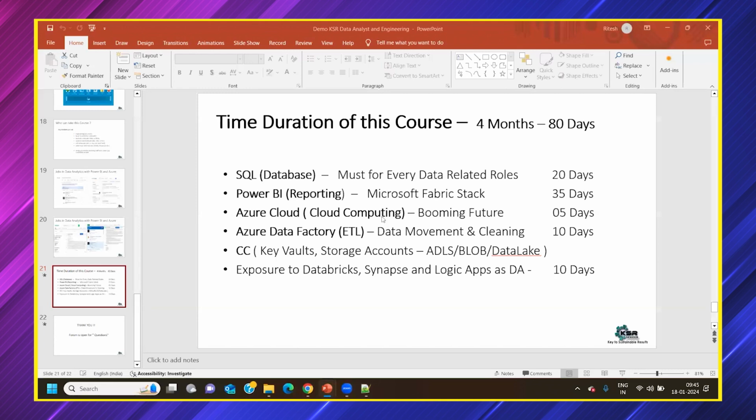Now, why only ADF? ADF is a product of Microsoft because it's part and parcel of Microsoft Azure. Whatever you do in ADF can be easily pulled into Power BI rather than using any standalone ETL product like Informatica or Snowflake. There are connectors for Snowflake and for Informatica also in Power BI, but ADF is the best fit.